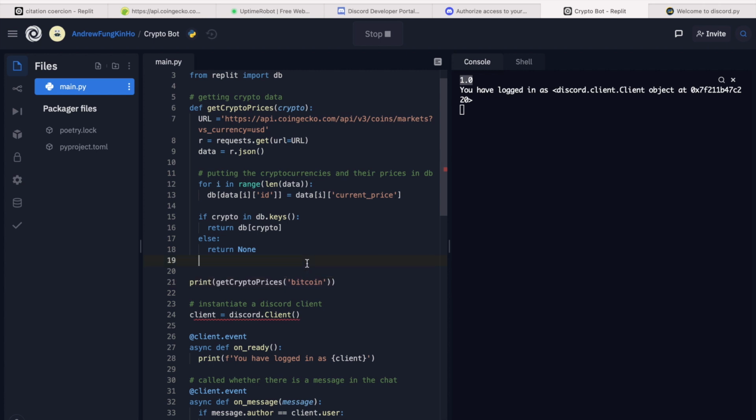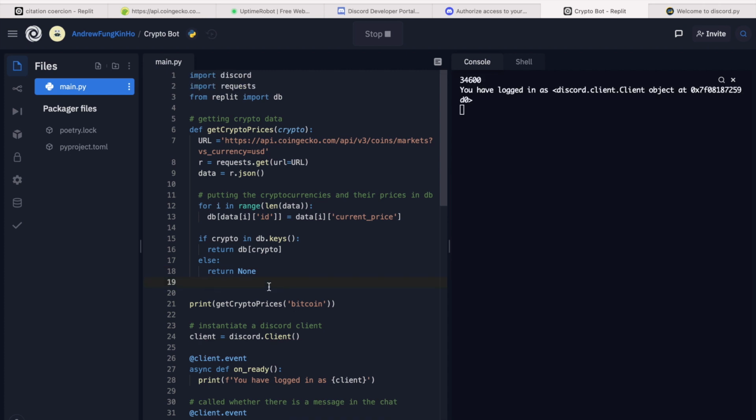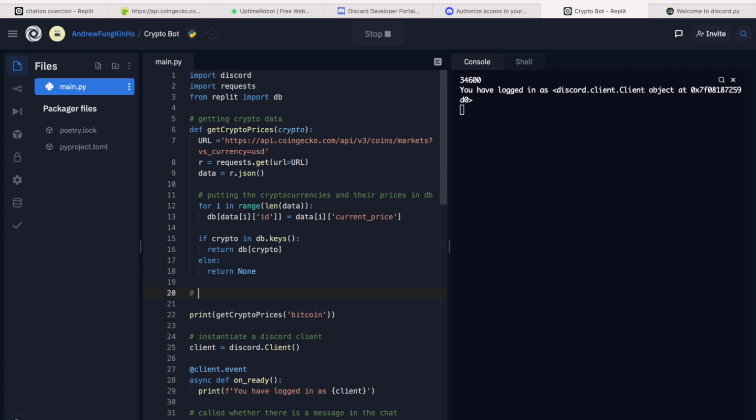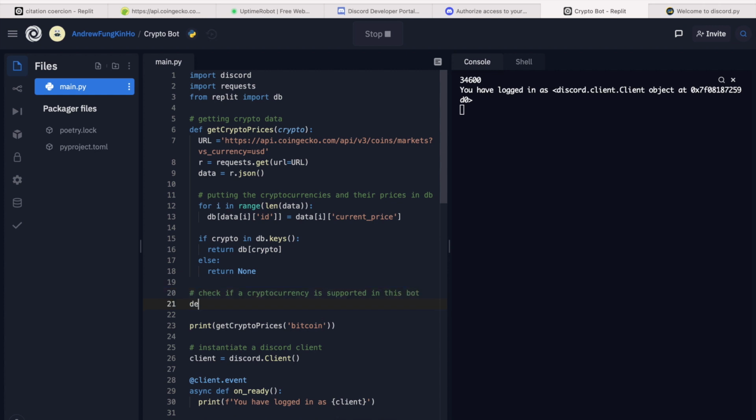Let's try running this and see. Let's go ahead and create another function which is checking whether a cryptocurrency is supported by this bot. So let's define is_supported, and that will take in a crypto.